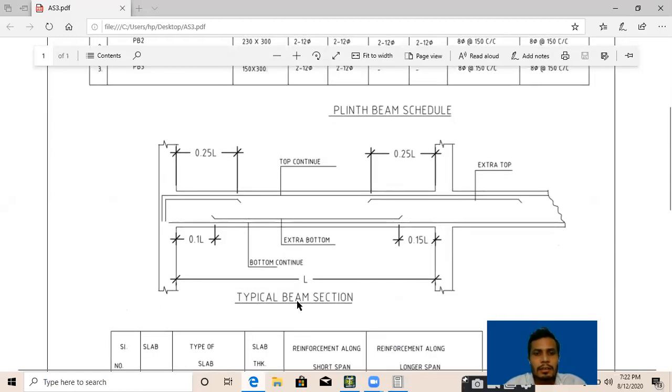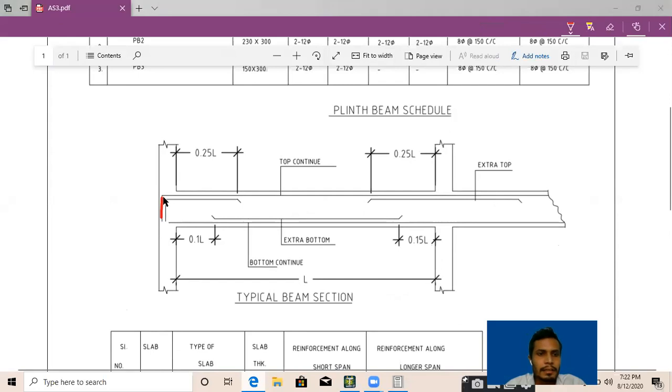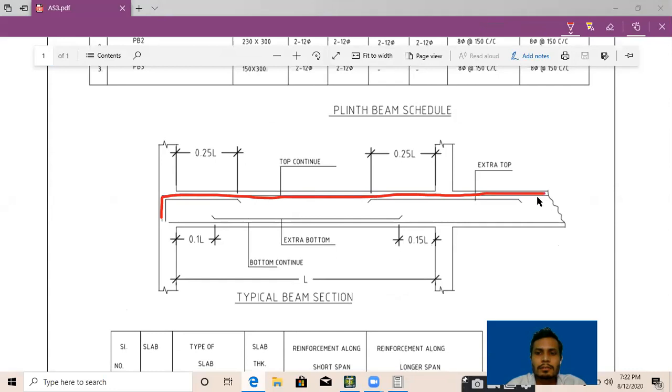It is a typical beam section. You need to provide a continuous bar like that. It's a top continuous, and top extra. Here also top extra, bottom continuous and bottom extra.